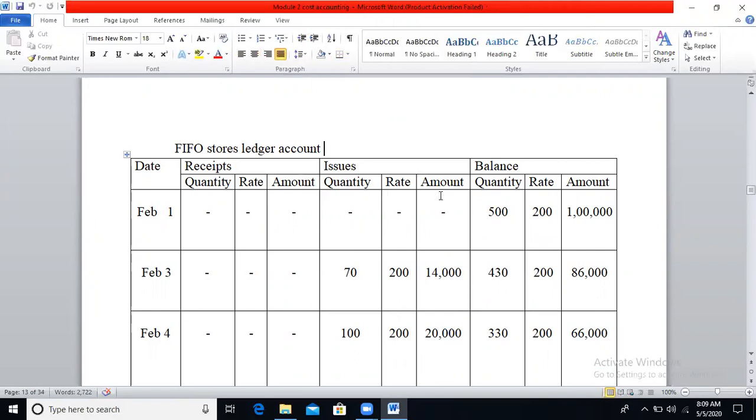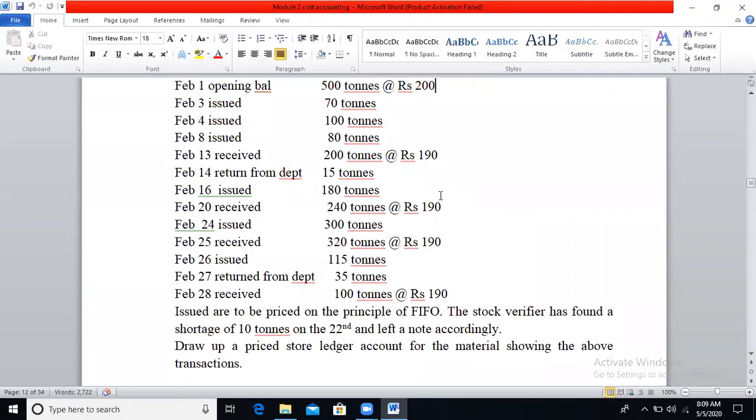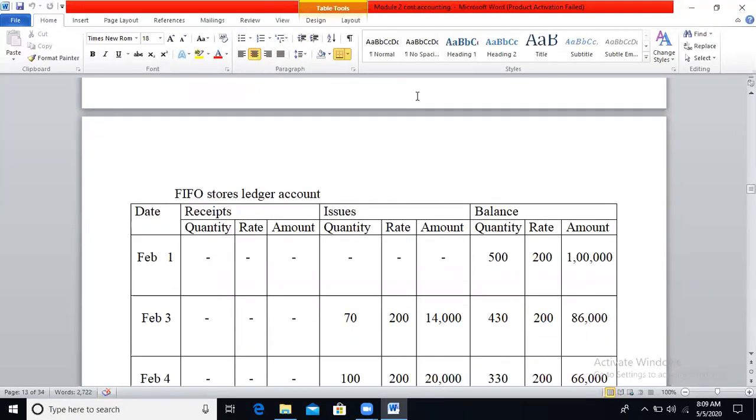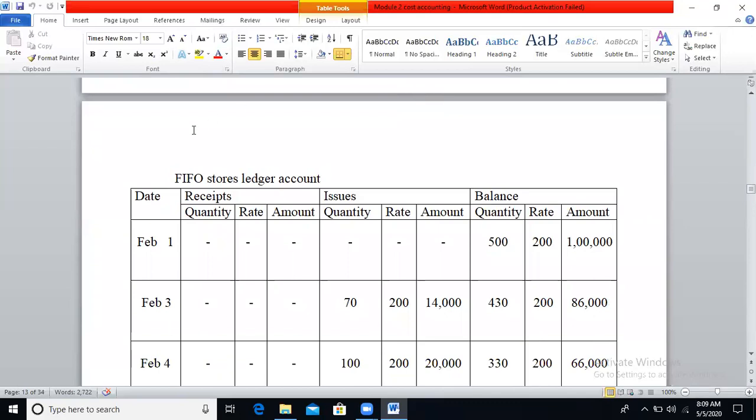Now see the first transaction. February 1st opening balance 500 tons at rupees 200. So opening balance means you have to record it in the balance column. Record the date February 1st. We have the balance quantity 500 tons. The rate will be 200. So if you multiply 500 into 200, you will get the value as 1 lakh. So the next transaction is